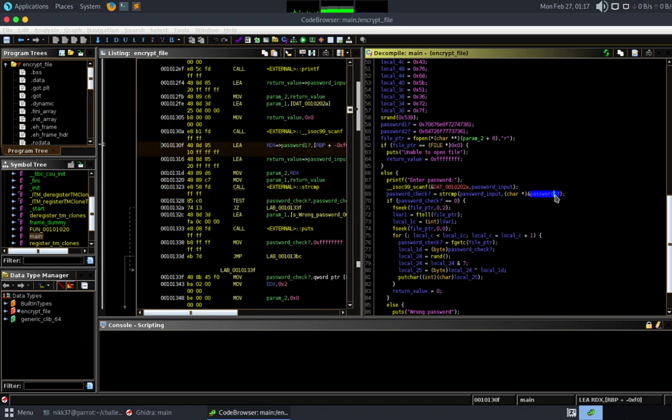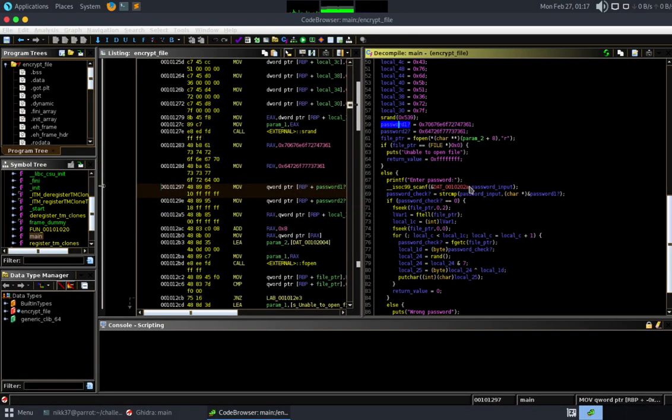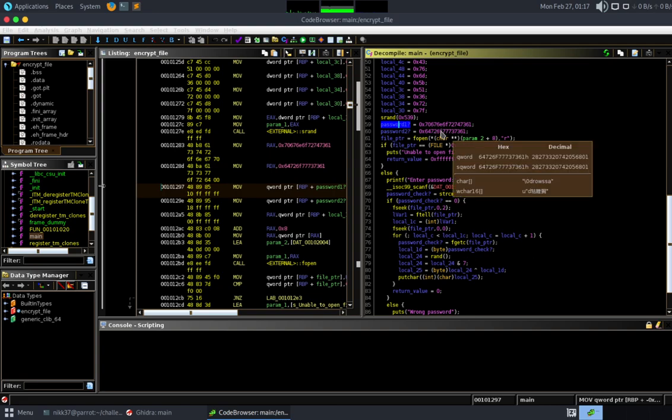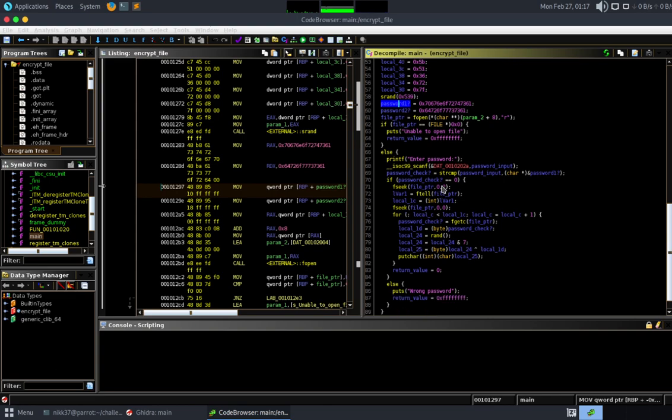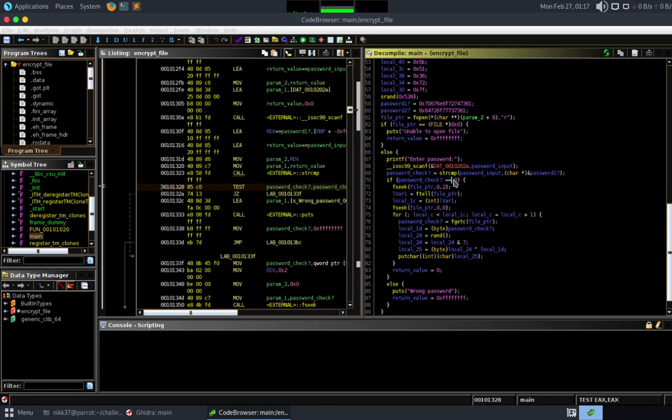And since it's comparing it with password 1, which is here, and it is passing its address, if the password input is bigger than the string present here, it would read the next string as well, going by the size of the password we enter. And if the password turns out to be true, which would return 0, then we would start